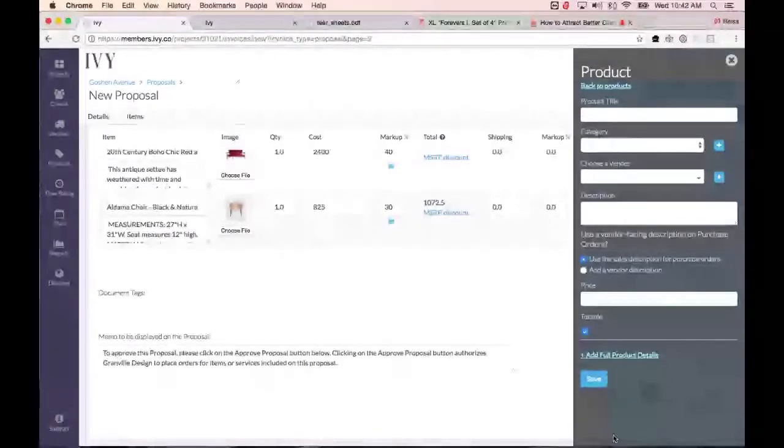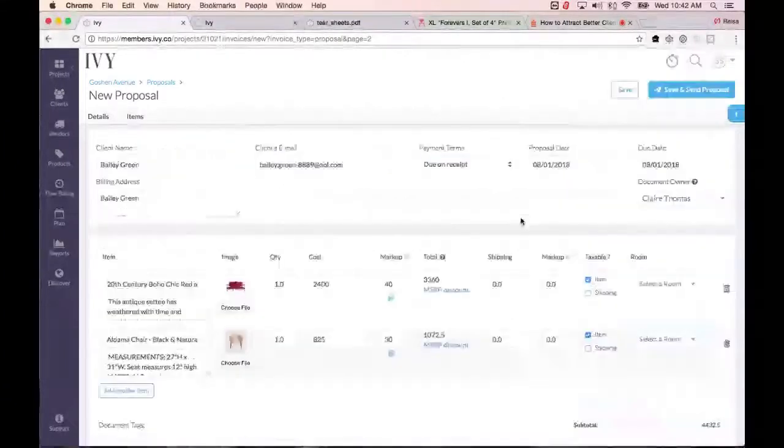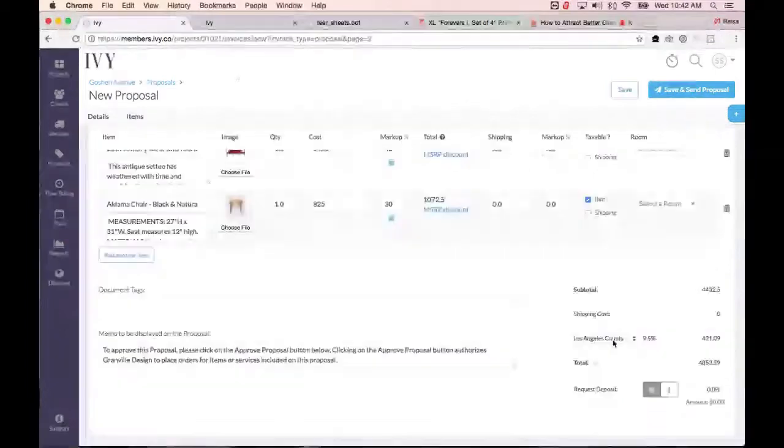Awesome. So then I save that. And I have my proposal that I've made really super easy here. And I love this part because you can add a different shipping, tax, everything is right here. You can request a deposit. You can have default memos on here as well. Okay. And then if I go into save,